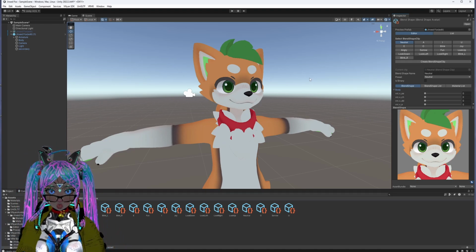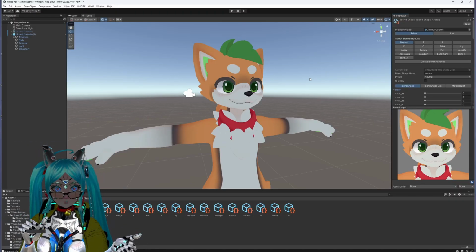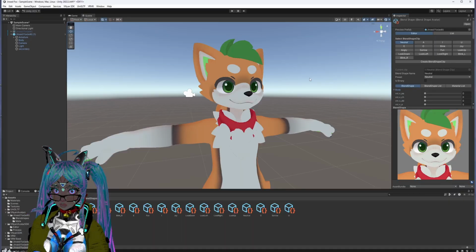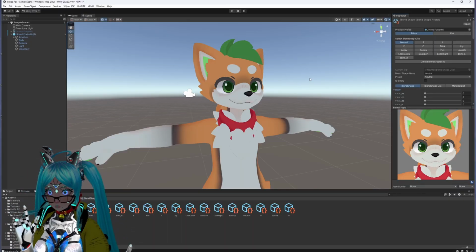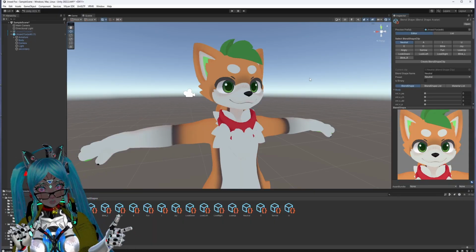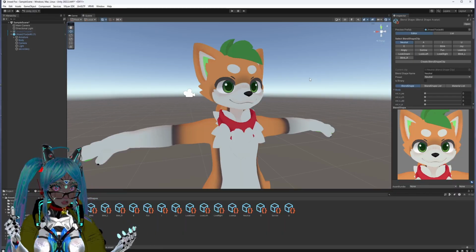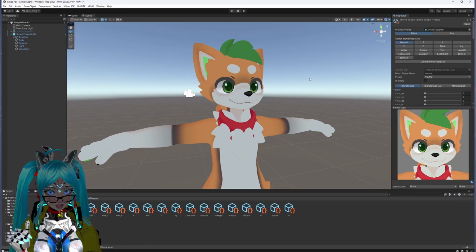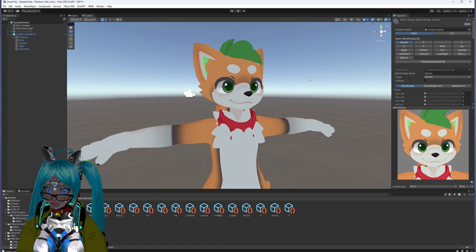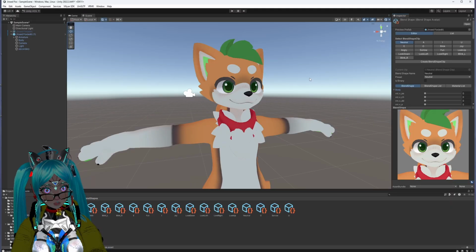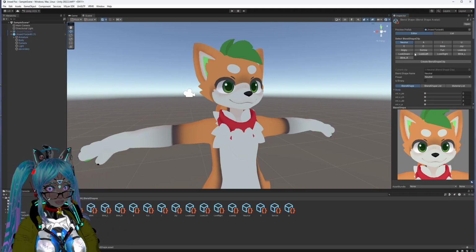If you're using a VRoid avatar, there is a program called HANA Tool that you can use inside Unity to just attach them directly to the face. You just have to remember to do it before you put it into Blender, because for some reason Blender changes the face mesh as soon as you load the model into it. I don't know why it does that, but neither here nor there. If you want more information on the ARKit, the 52 blend shapes, I will make a completely other tutorial covering that. For now, I am just going to show you how to make use of the create blend shapes